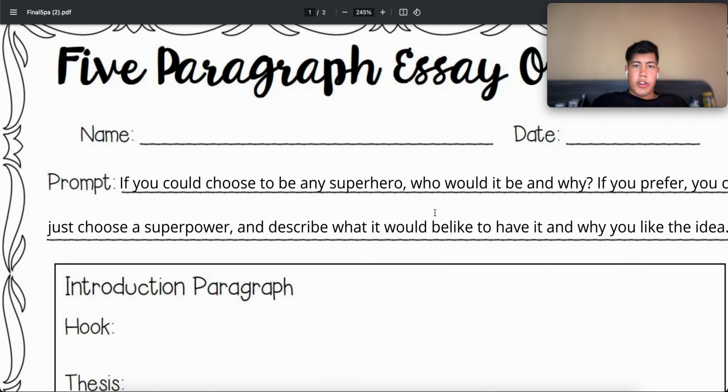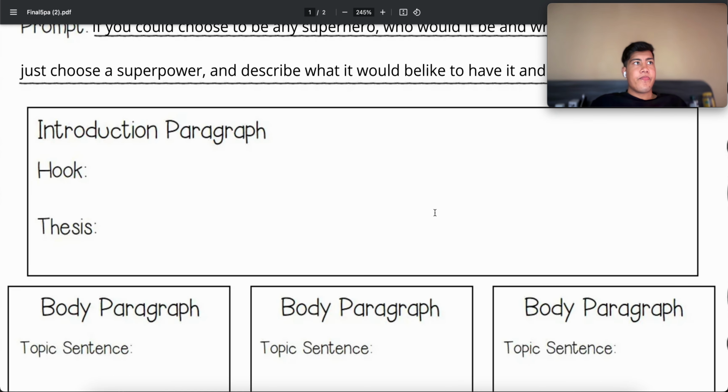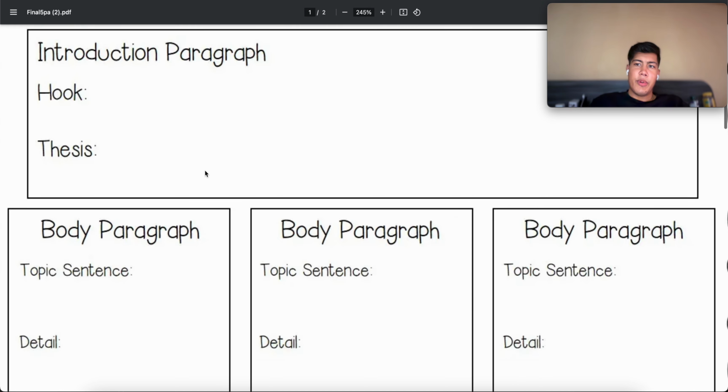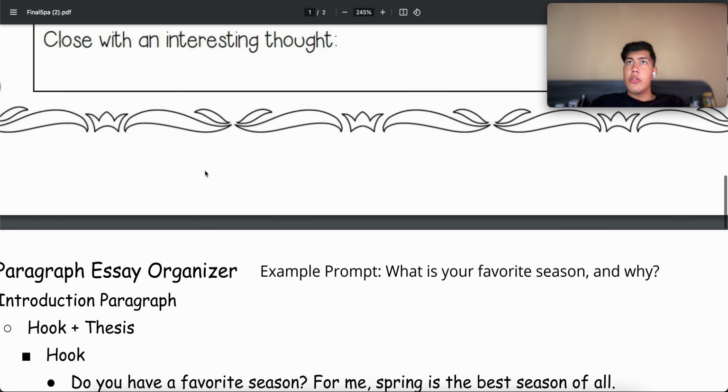So for a superhero one, you could be like, have you ever wanted to be invincible? And then you could write about Superman, or who else is invincible as a power? I guess Superman, he's invincible. So I guess your question in this one would be like, do you want to be invincible? Or have you ever wondered what it would be like to be invincible? That could be a good question to start off with.